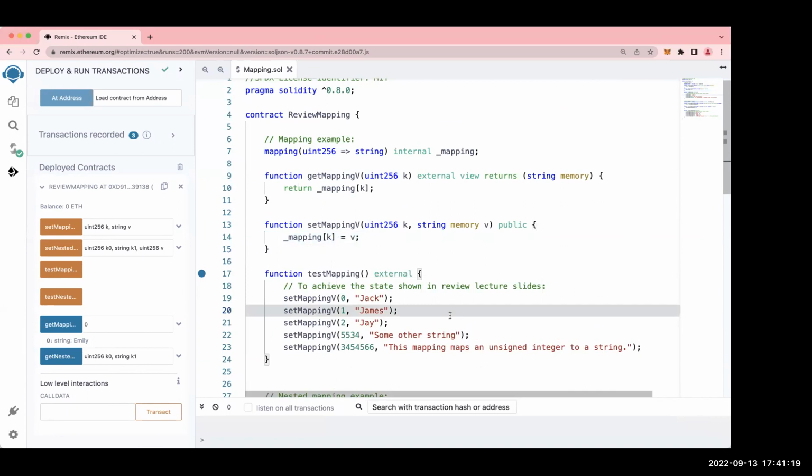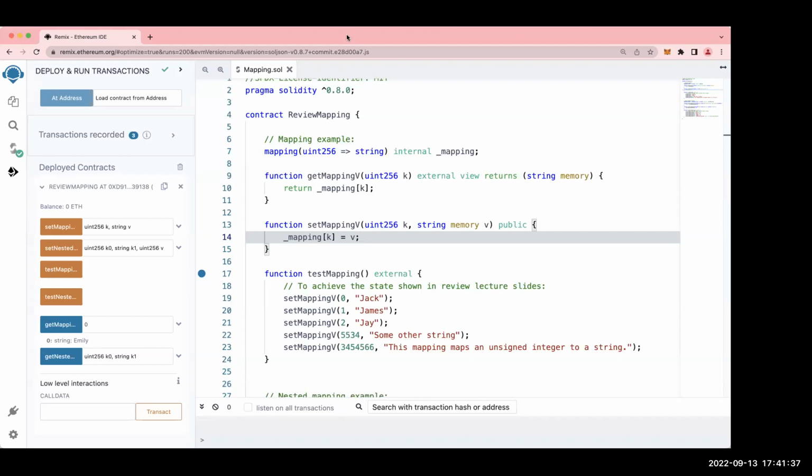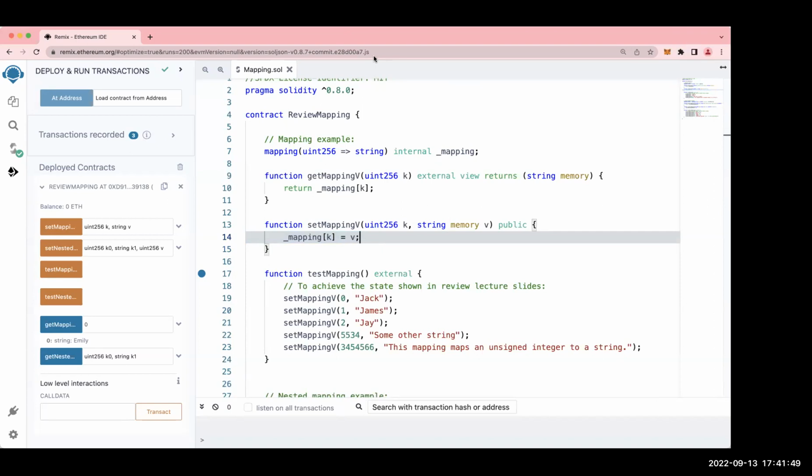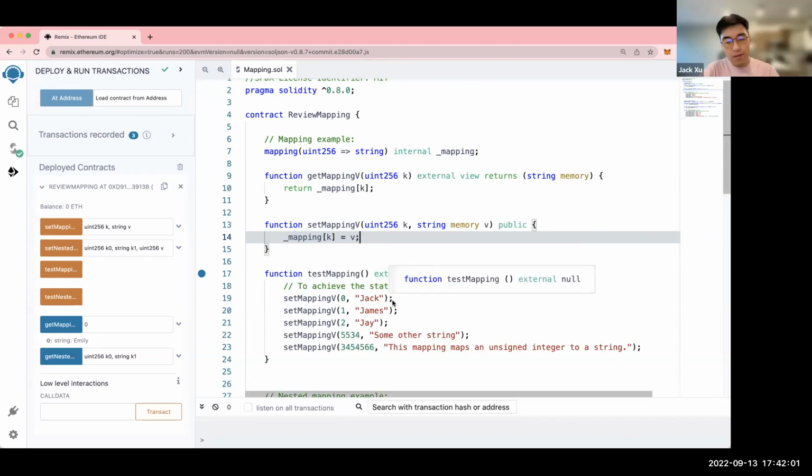Like when you plugged in Emily and didn't change any of the arrays below in test mapping external, but just changed something within set mapping.